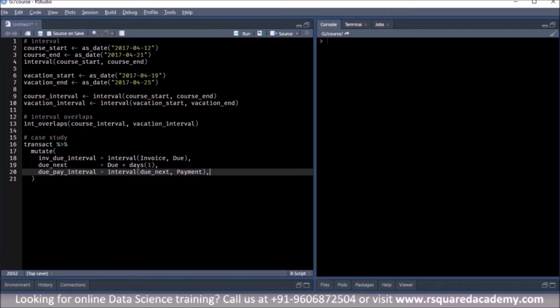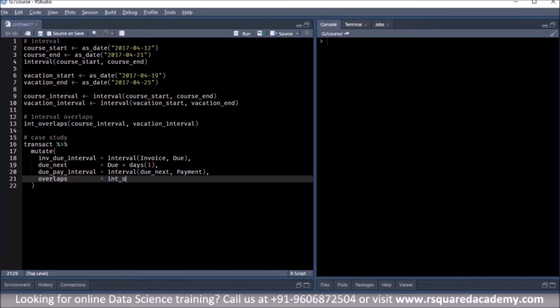And then finally we create a variable called overlaps, which will return the value true or false. So here use int underscore overlaps and check if these two intervals overlap: the interval between invoice date and the due date, and the second interval between the due date and payment date, only with a slight modification to the due date.